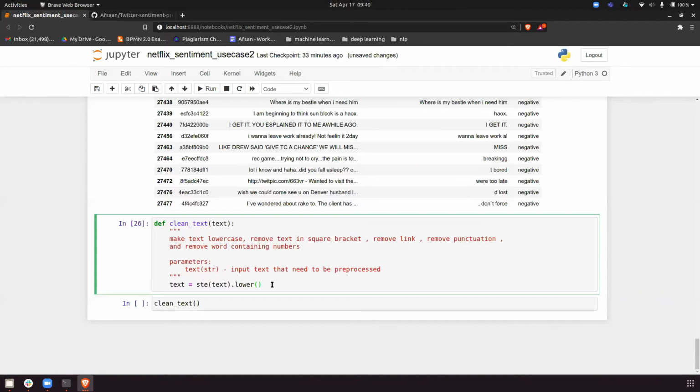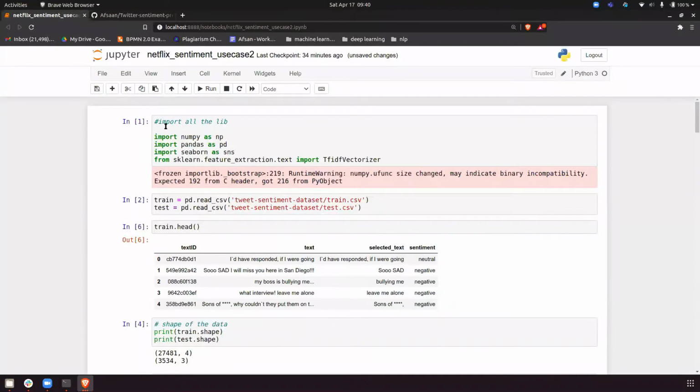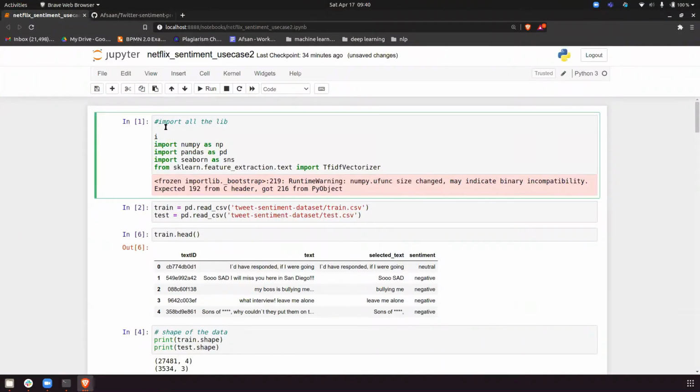Suppose you have your own data, how do you pre-process or clean the data with the help of regex? Here I will not go with built-in functions like stop words or removing punctuation. I will go with the regex part, just to give you hands-on experience of another way to clean the data, that's it.